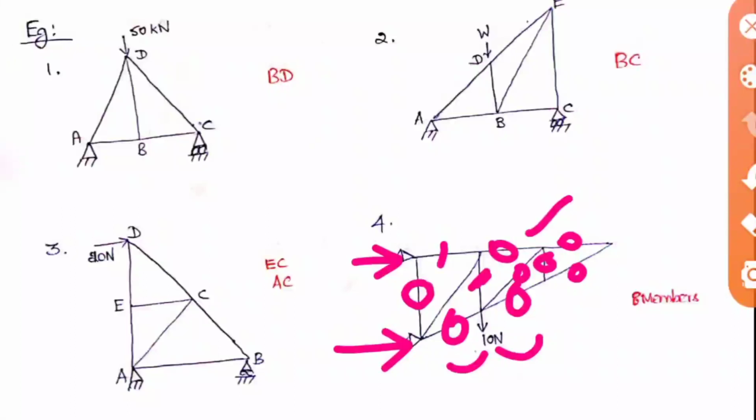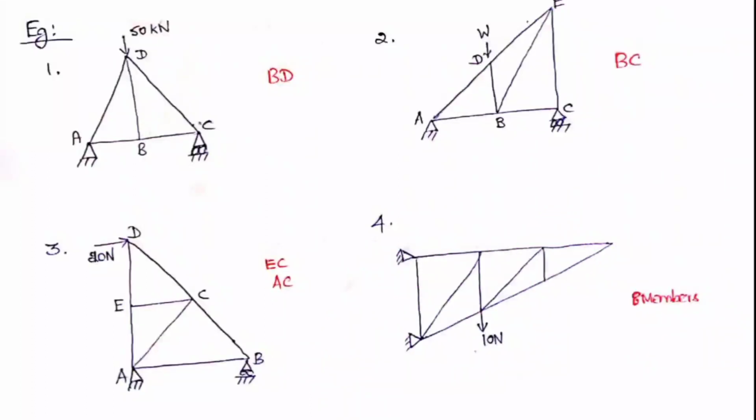Okay, so now only one member is remaining. So when you take that member, it will become a non-zero member only, because this support reaction, no, this has to go somewhere. In this direction also it is 0, in this direction also it is 0, then it has to be definitely transferred through that inclined member only. So there is no other way for that reaction to transfer, so obviously it will be a non-zero member only. So if you count, 1 2 3 4 5 6 7 8 members, so 8 non-zero members are present in this truss. Okay, so this is a GATE question, they have asked this here.